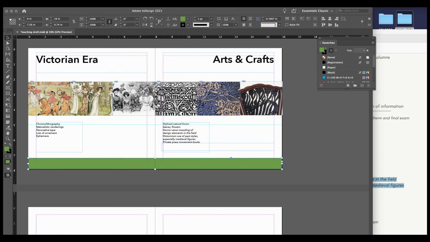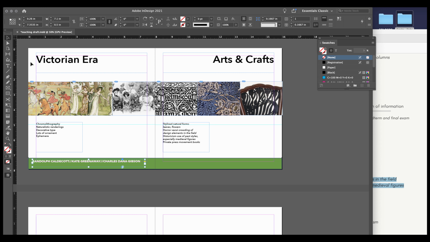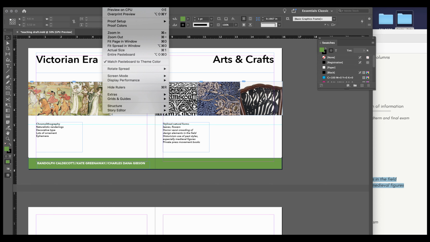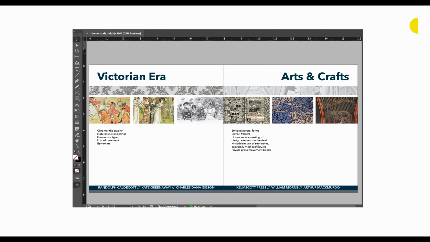Just to save time for this demo, I've already typed the type out. I just need to bring it to the front. And I made it in all caps in the same Avenir Next. And so basically, I'm going to position that. You can see I haven't done the right side yet. I can go to preview mode in screen mode, and I can kind of see how my layout's going to look. So how you choose to design your layout is completely up to you,